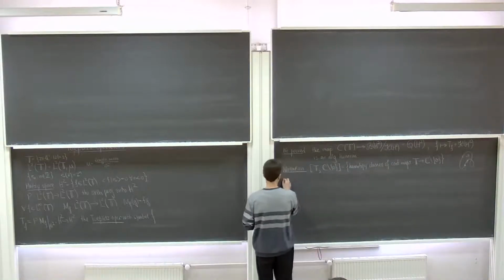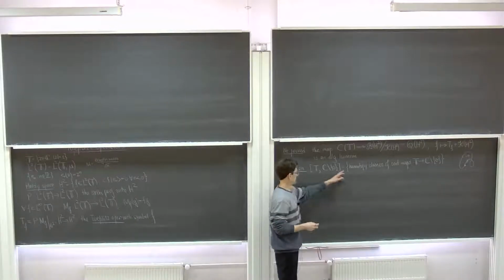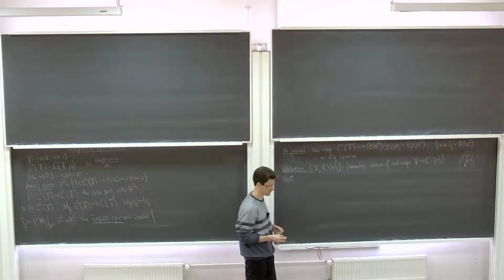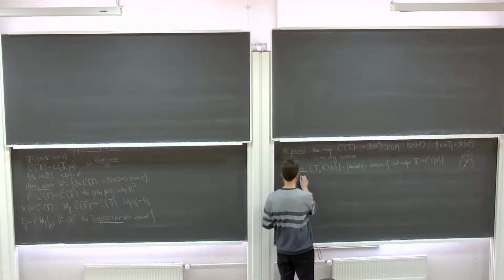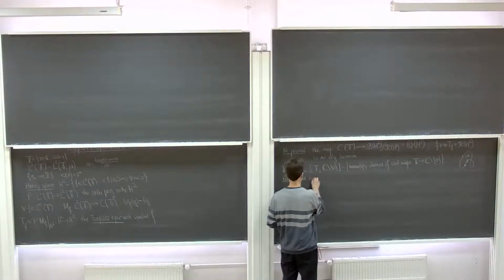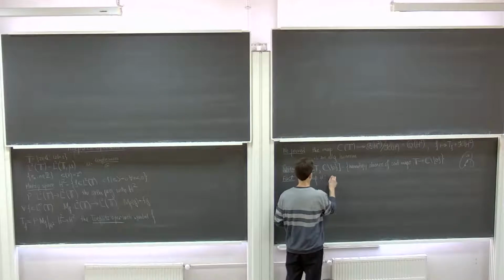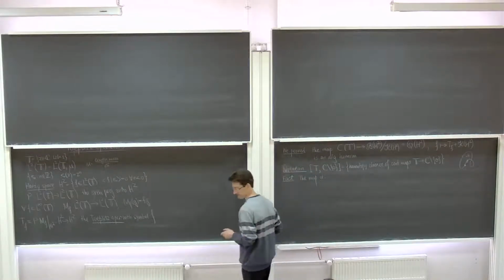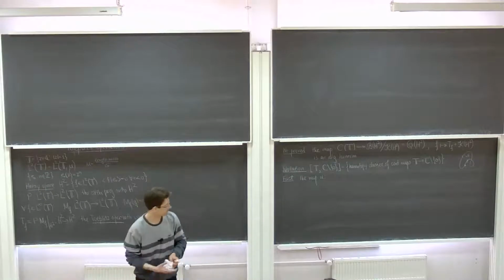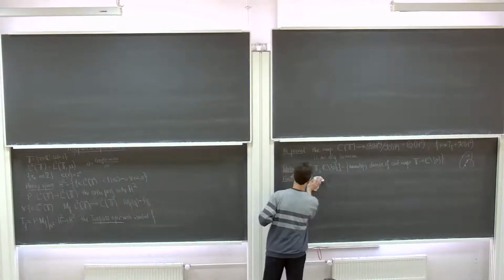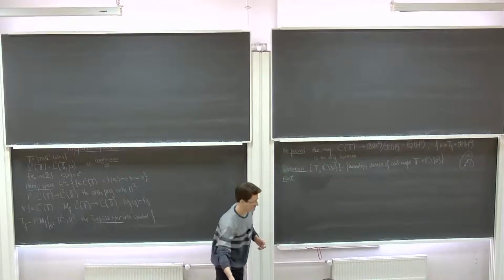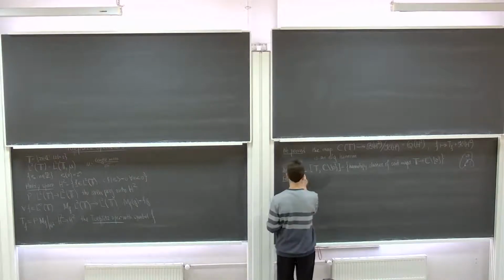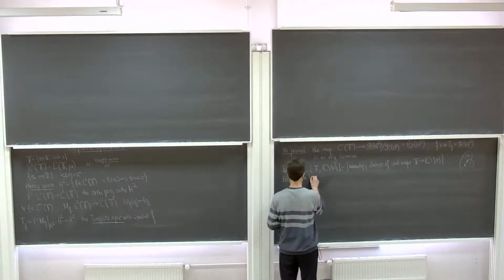So we will need the following simple fact from elementary topology. The fact is that there is a canonical bijection between the set and the set of integers. More exactly, let me say it in a slightly different way. There exists a bijection